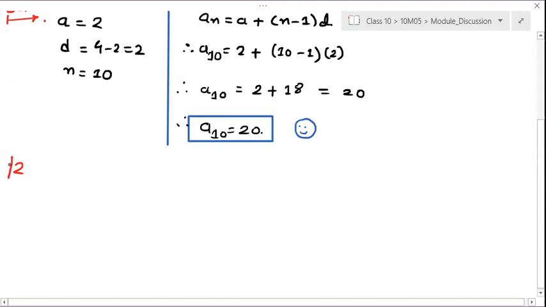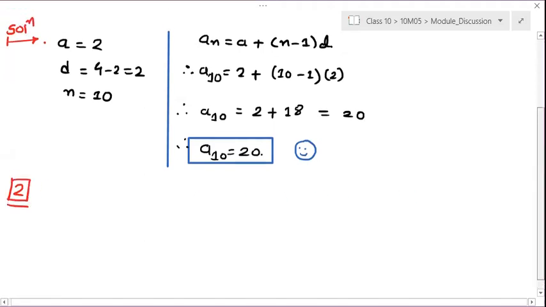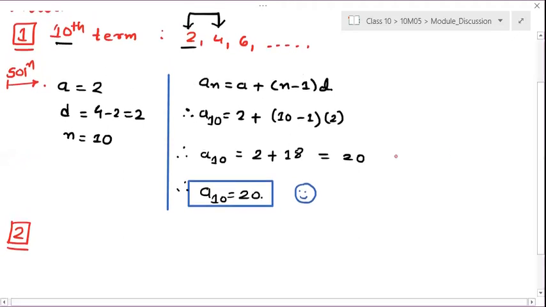If it is given in the question that it is AP, right? Like in the first question, it is already given that this is AP. It is mentioned in the question. So you can take the difference of any two consecutive terms, right? And definitely your first two terms are small and easy and comfortable. So you can take the difference of the first two terms. You can take the difference of the last two terms also.